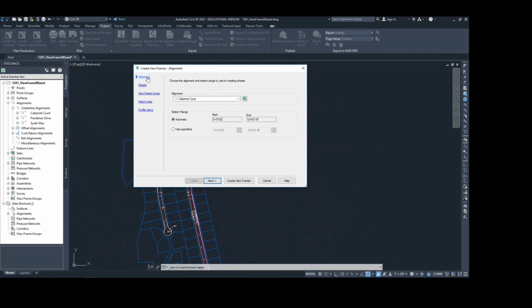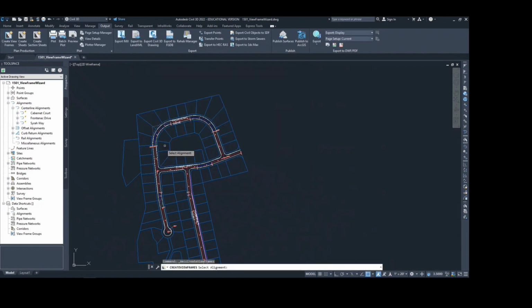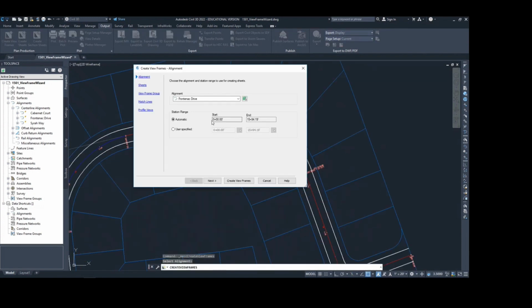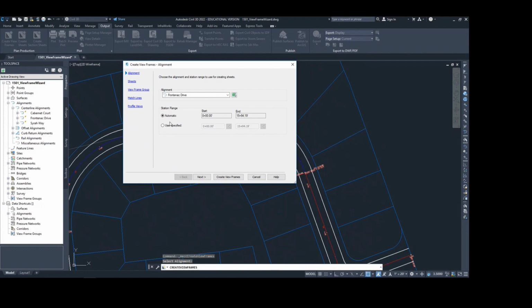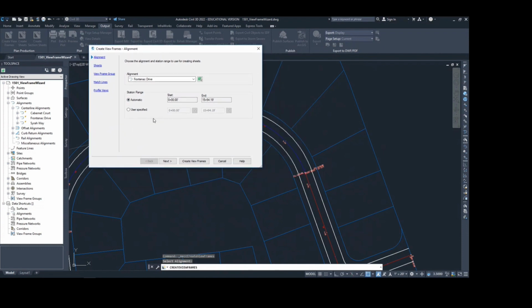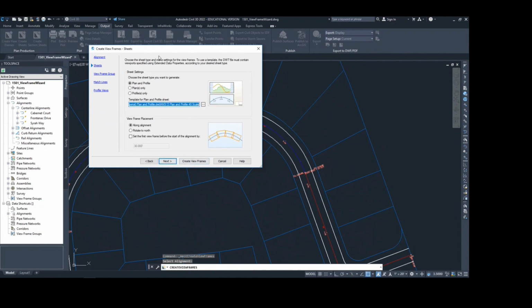At first, we are in alignment, and we need to choose the alignment. We can choose it here, or we can go here and select this one. You can change the station range, or you can put it on automatic. The station starts from 0 to 1594. You can change it. And by going next,